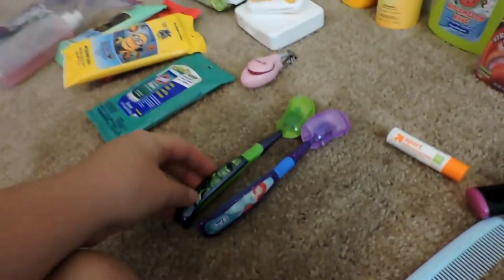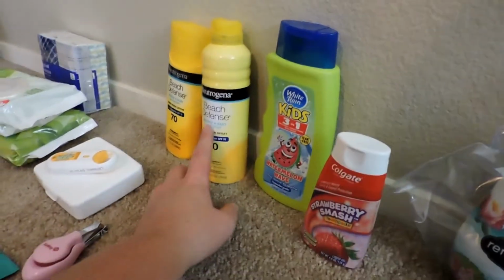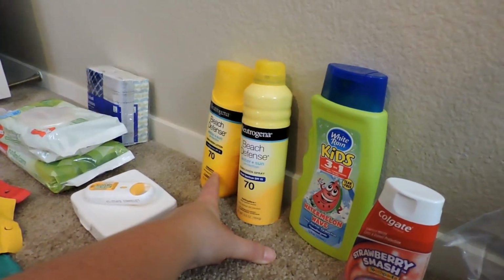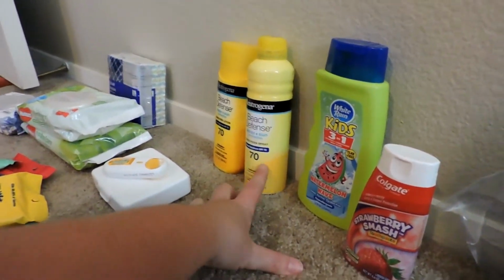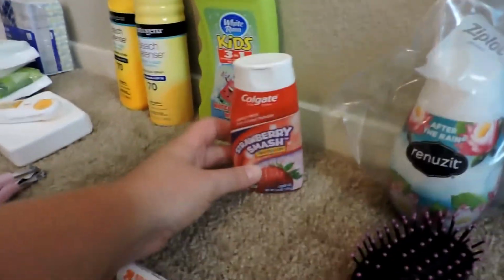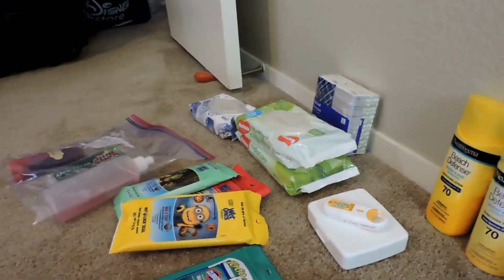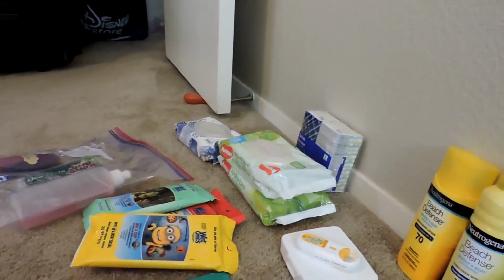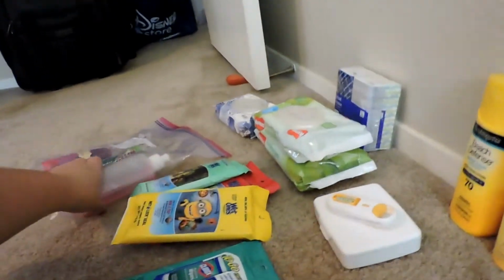They are bringing the kids their new toothbrushes, a Hulk and a Little Mermaid one. Also, we do have like 4 bottles of this spray and 1 bottle of this Neutrogena Beach Defense. It smells so good. It is the best sunblock. The kids' shampoo, conditioner, and body wash, their toothpaste, some Band-Aids, some baby wipes, adult wipes, or just Cottonelle wipes, whatever. Wet Ones, some Clorox wipes, some Kleenex, and then we always travel with this little